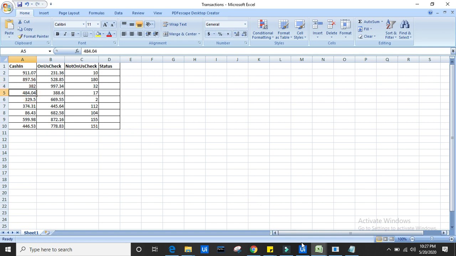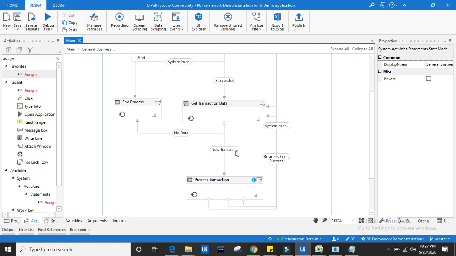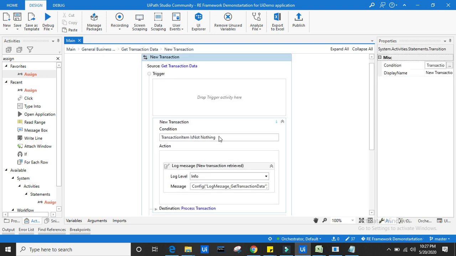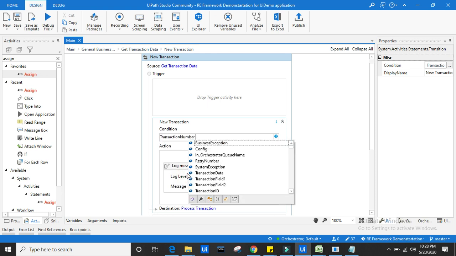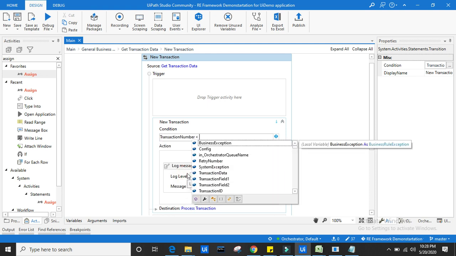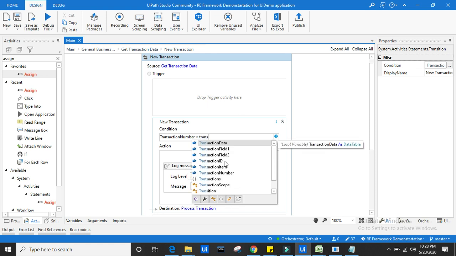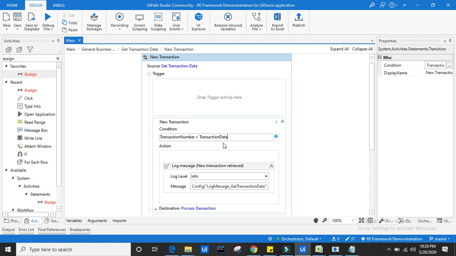For that we should keep a condition here, same thing: if transaction number is less than transaction data.Rows.Count.